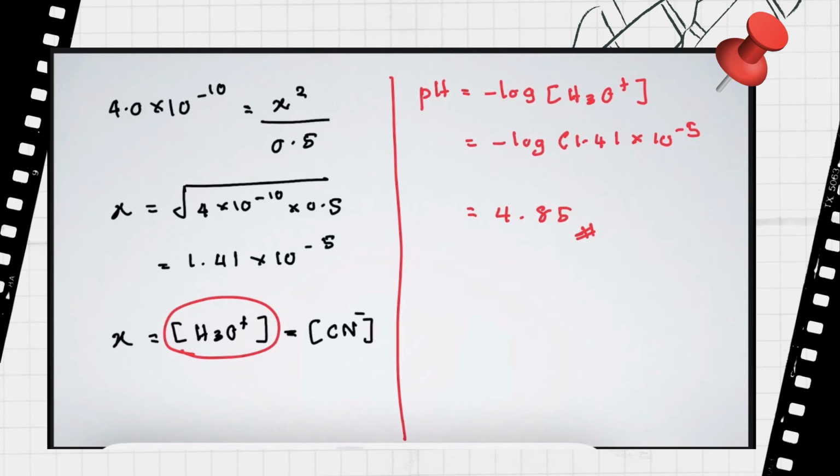Alright, now maybe we can take another example. So how to calculate the pH of a weak base? Let's say calculate the pH of 0.5 molar ammonia, and the Kb given is 1.8 times 10 to the power of negative 5. Since the Kb is given, it means that ammonia is a weak base. So first we need to write the equation for the weak base. Ammonia